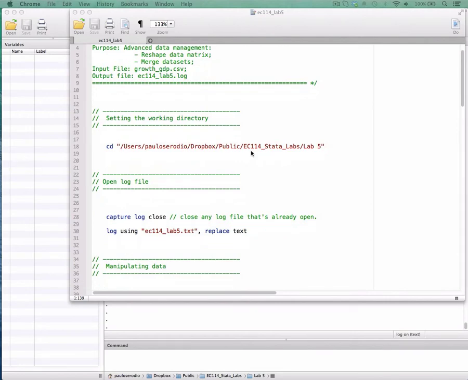For this lab, I will use some data extracted from the World Bank, as you'll in many cases have to use data sets that are downloaded from the internet, and you'll need to understand the structure of these data matrices and many times how to combine them together to produce one unique data set. That is the case when you have to download multiple economic series for many countries, and you will have to then merge all the data for these series into one big data set in Stata. And we'll look at how to do that today with a very simple example with data extracted from the World